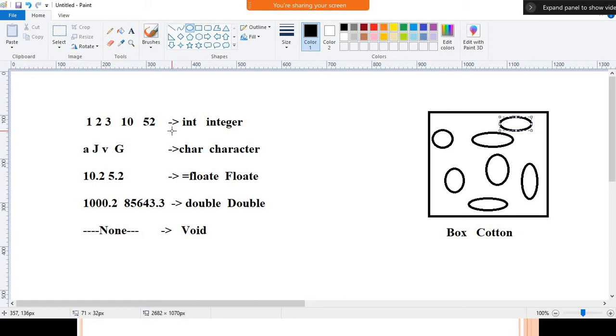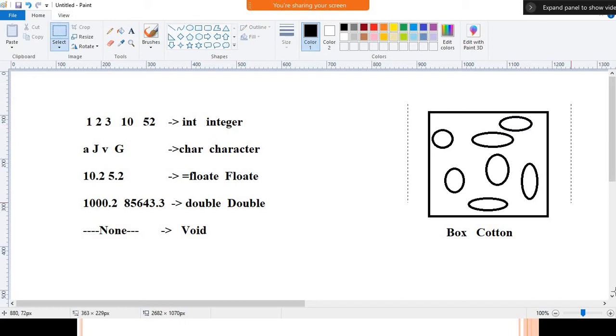Then where can we store that value? We all know that if you want to perform some operation, we require a value, and if you don't have a value, then we cannot perform the operation. But the main point is where we can store that value. The storage area, where we can store the value, is called a variable.